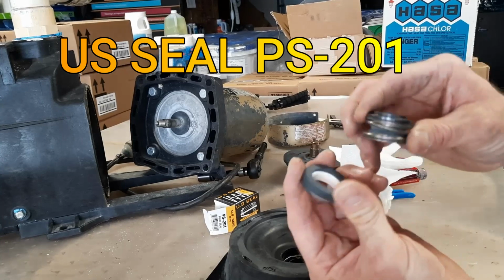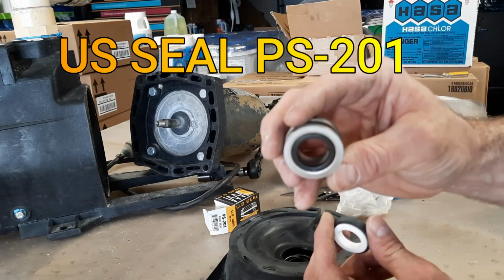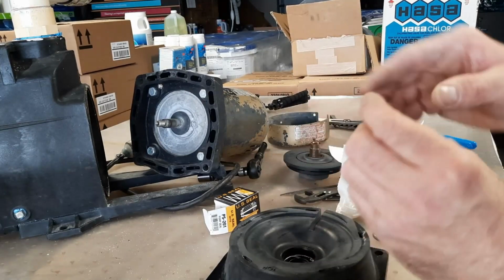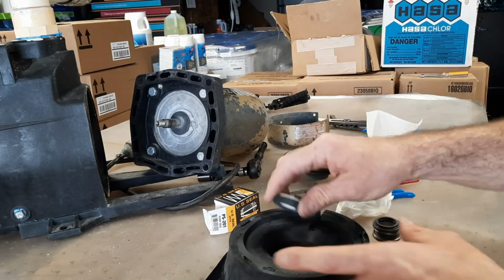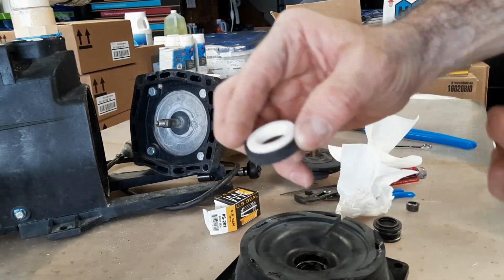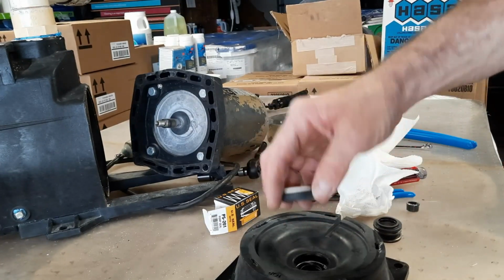Pump seal comes in 2 pieces. Piece that slides out on top of the impeller shaft, and then this thing with the rubber boot will slip inside this piece here. So before I slip this pump seal